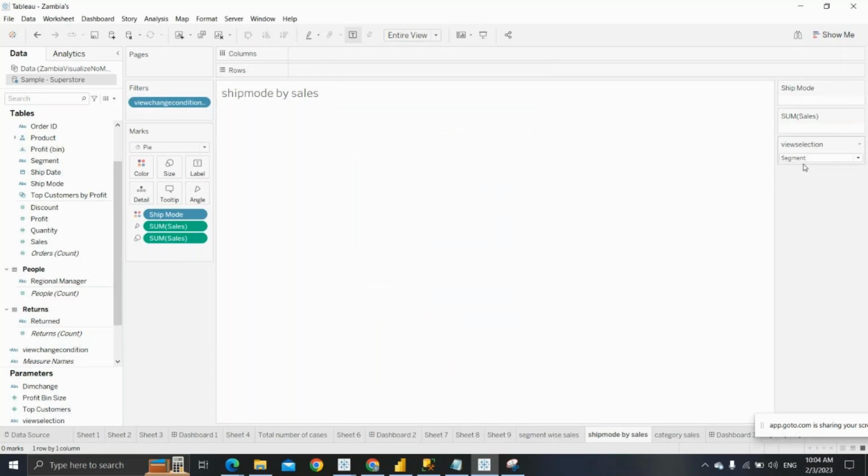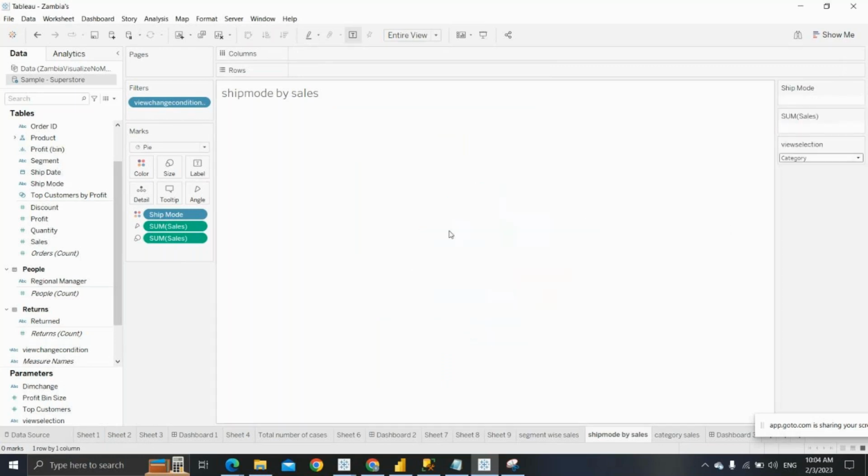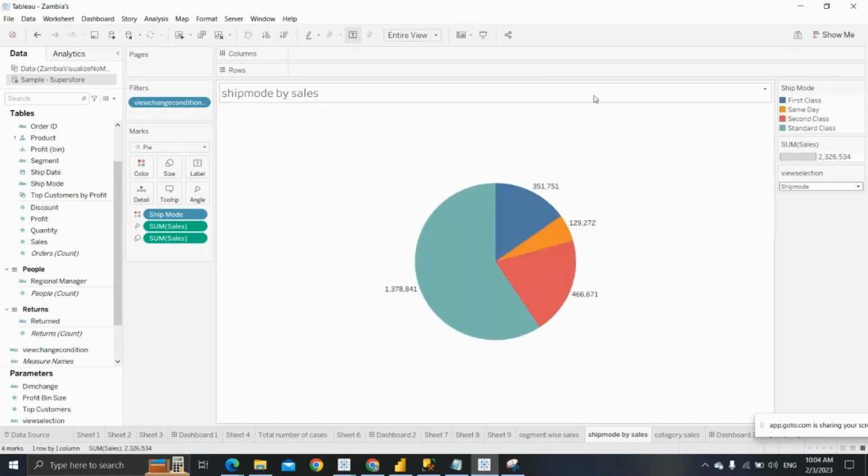Okay. In the visualization, you can see segment is selected, and you cannot show it here. You can select only ship mode, then only the result will be shown. And if you select category, it cannot show anything. It's only for ship mode. Right, go with the category sales